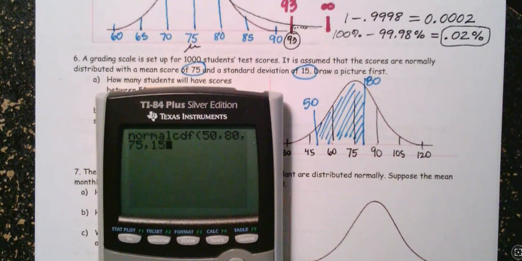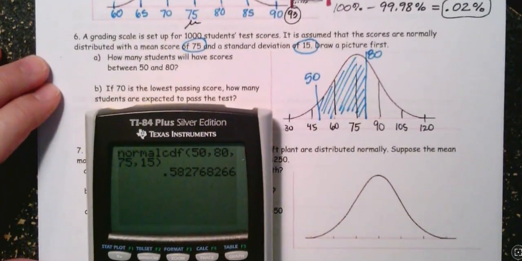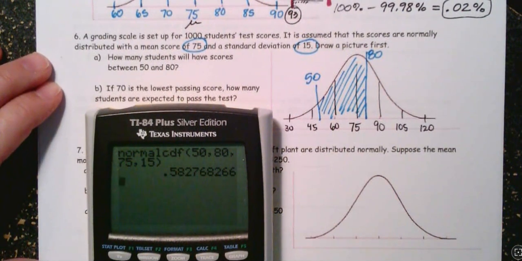And that's 0.5827, which is the same as saying 58.27%. So 0.5827. So if I want to know how many people out of 1,000 have those scores between 50 and